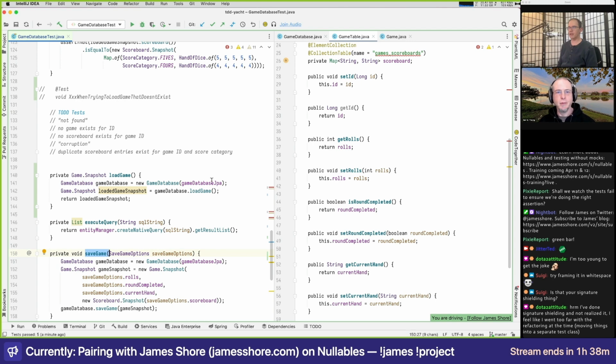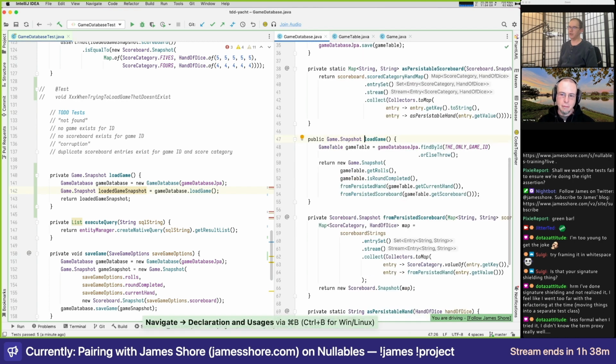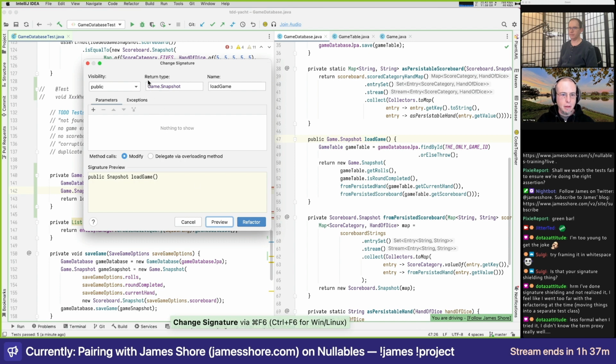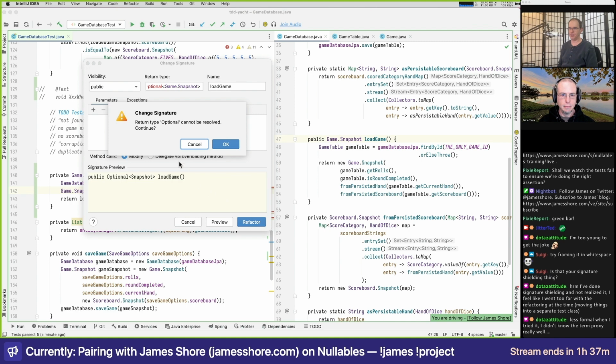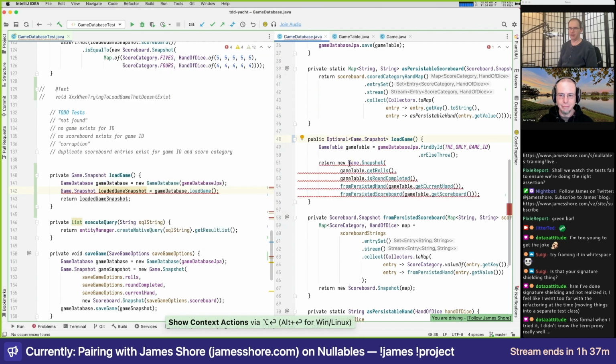So let's modify load game. Let's see, how do we want to do this? Let's modify load game to return optional. Yeah. Do we not just want to wrap it with an optional? Yeah, I don't think the signature shielding pattern is like a good pattern, it's actually something that a lot of people do, and you're just naming something that people do. And I don't think this idea of helper methods is particularly unique to me, but it is something that I found useful enough to include in the pattern language and give it a name.